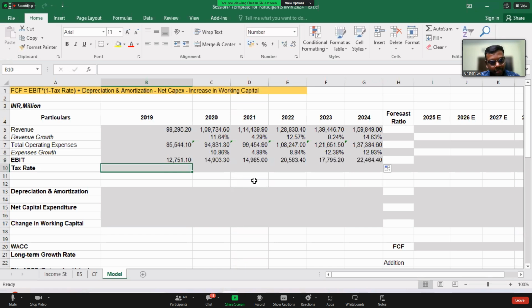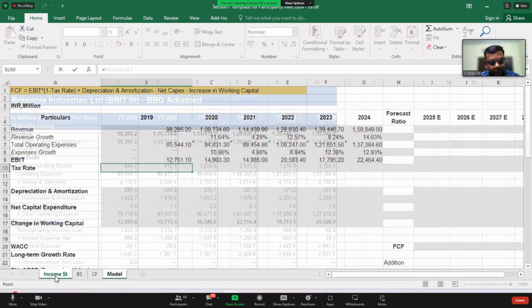Okay. So we want to compute the tax rate for our purpose because you can see FCF is equal to EBIT multiplied by 1 minus tax rate. Can you see this? Yes. That is the reason we compute the tax rate now. So how to compute the tax rate? It is the tax paid divided by pre-tax income. Correct? So let me go here, income statement.